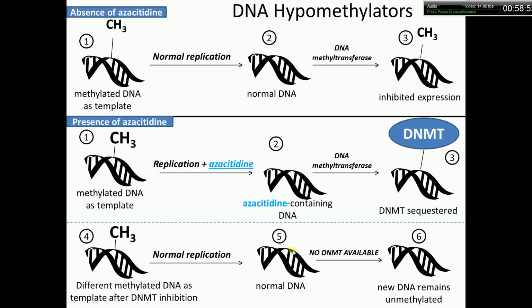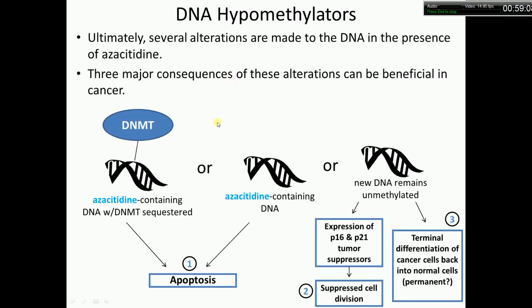Okay, this is a continuation. So 1, 2, 3, 4, 5, 6. We ultimately continue this process and get unmethylated DNA. Hopefully that upregulates the tumor suppressor gene. Okay. Again, now the three possibilities are sequestering a DNMT. And when that happens, there is evidence that this structure can cause apoptosis. There's evidence that azacitidine in the DNA by itself can cause apoptosis, and this is one of the more interesting points,